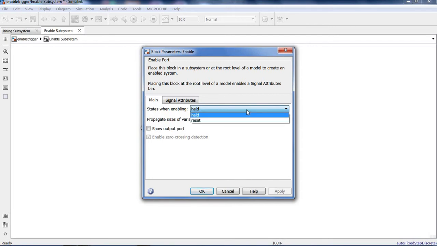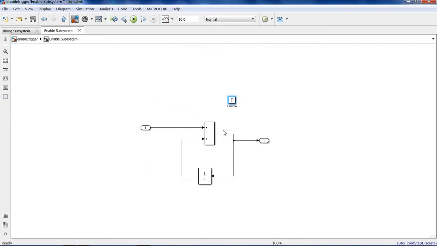Based on the selection, it will reset or hold the output, but it will update only when the input signal is greater than 0. Under this subsystem, this is the counter logic. When the input is greater than 0, then the counter starts incrementing.